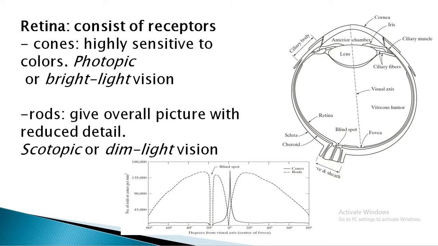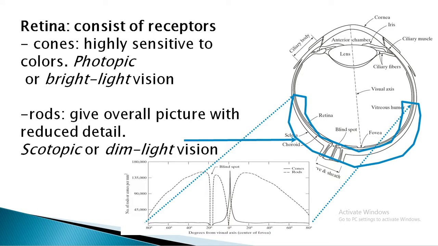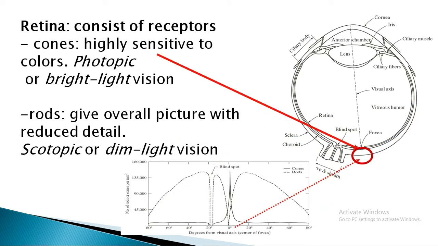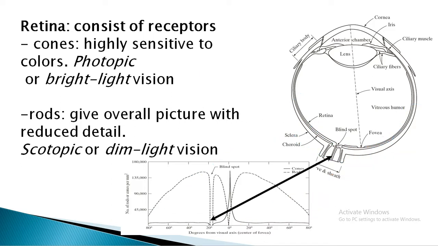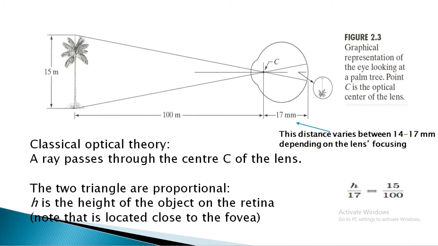And if you go back, this is my whole vision perception, whatever I have drawn in the blue line, that would be giving me the vision perception. And this spot, wherein you have the highest sensitivity, is called photopic. And you also have a blind spot. The blind spot is again due to the structure of the eye itself, and here you can find the blind spot. Okay, now going ahead, this is how we can represent the eye.